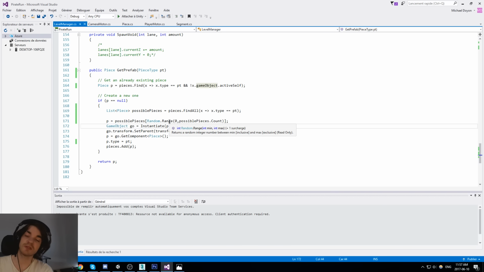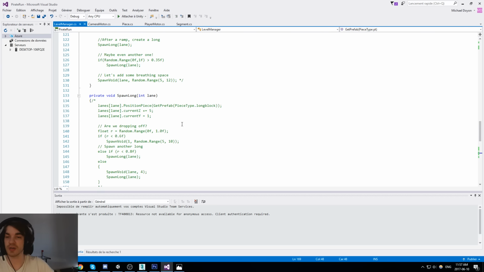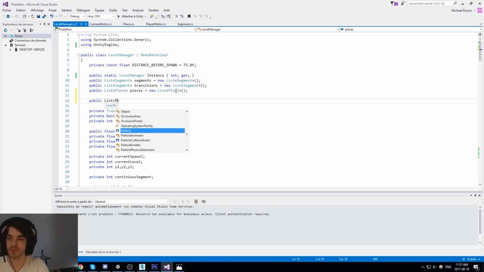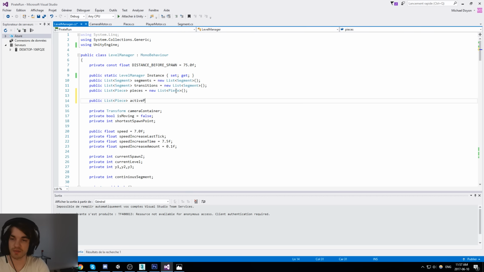Okay, I get it. So the pieces array is the thing we spawned. We can't use this in this case. We'll have another array for this. Public list piece active pieces. There we go.